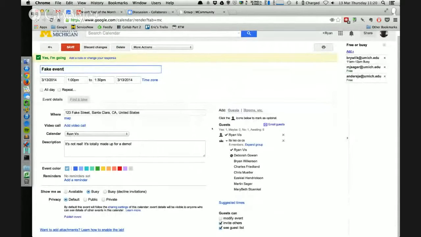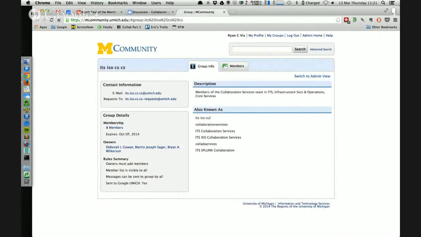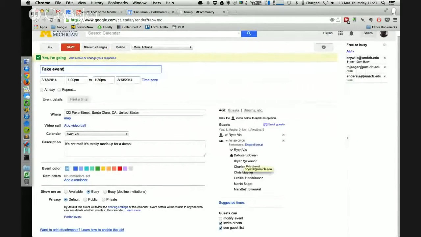Couple rules here. The group has to meet one of a few conditions. It either has to be public, in which case everybody could see the membership in mCommunity. This will work, and everybody who gets the invitation can accept the invitation, no errors, none of that. If it's a private group, you have to be a member of the group, and everybody who gets the invite also needs to be a member of that group. If you send it to this group, for instance, and someone forwards it on to another individual and they try to accept, they'll get an error.